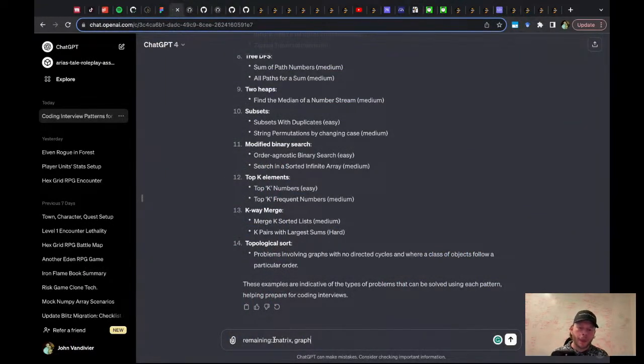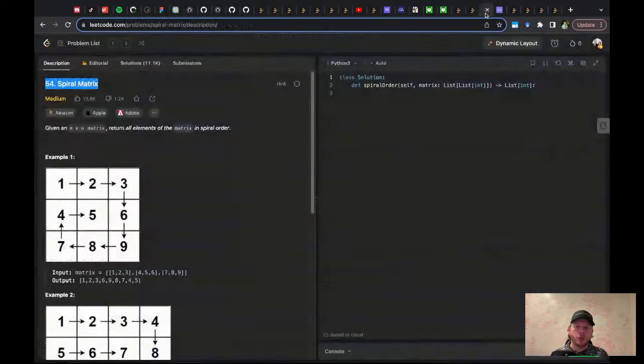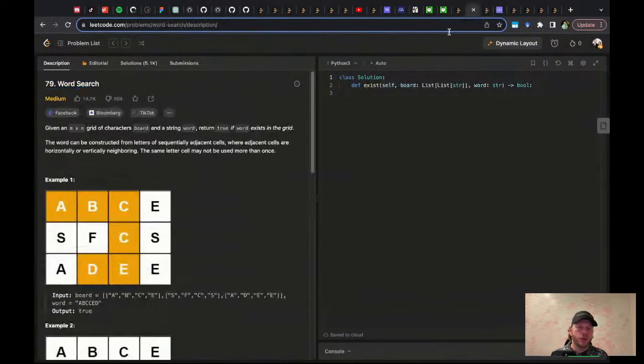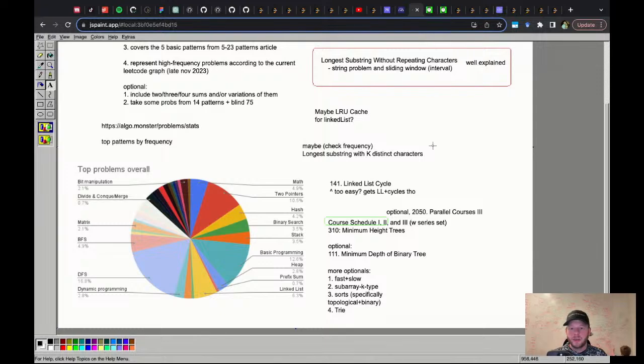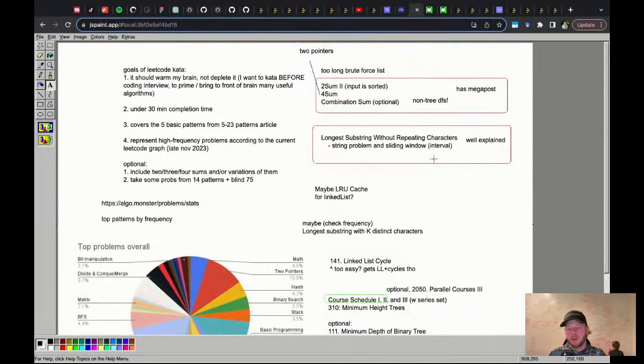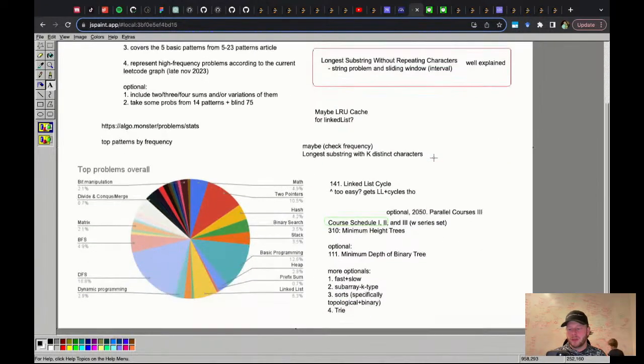All right, y'all. So matrix and graph. I think there's two different matrix problems here, spiral matrix and word search. In theory, I don't need both of them, but I'm going to wrap the stream up, and so I'm going to use both of them for now. And then I think we already have graph covered, but I will write this all up and I will get you the article soon. So make sure to follow the page and you can see the finalized list. But basically, this is pretty much the list.